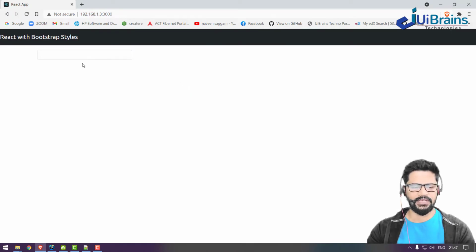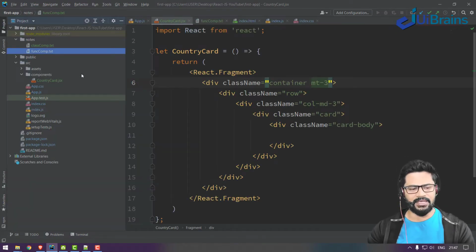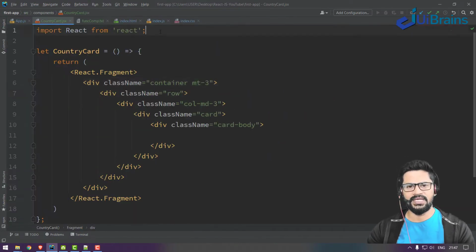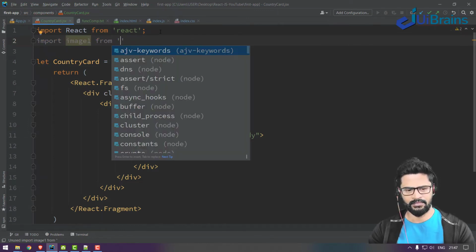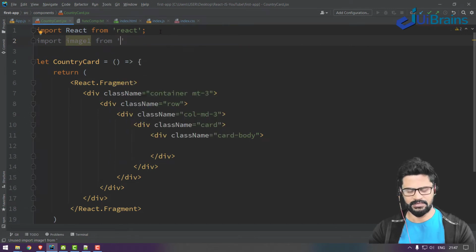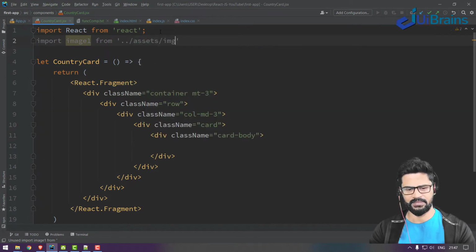Here I want to display an image, and that image is available locally. To import local images, let's say import image1 from './assets/image/card1.jpg'.